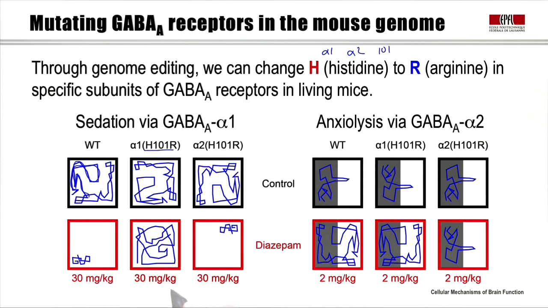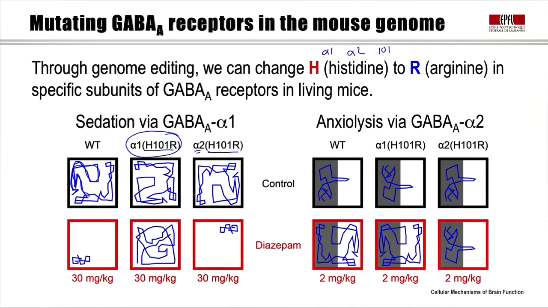You give it the large dose of diazepam, and in the point mutant mouse, for the alpha-1 subunit, it has no effect. The sedative effect of diazepam is gone, and so apparently sedation is mediated by the alpha-1 subunit of the GABA-A receptor. You can test the specificity for it acting on the alpha-1 subunit by doing the same mutation in the alpha-2 subunit. So now we take a point mutant mouse. It has the histidine replaced by an arginine in position 101 for the alpha-2 GABA-A receptor. We give the diazepam, and the sedative action still works. So sedation doesn't work via the alpha-2 subunit, but it's specifically mediated by the alpha-1 subunit of the GABA-A receptor,